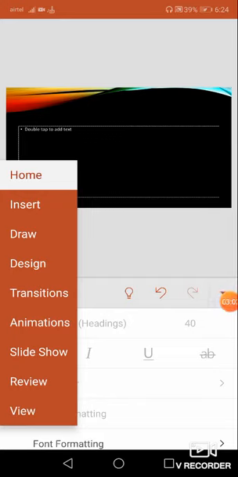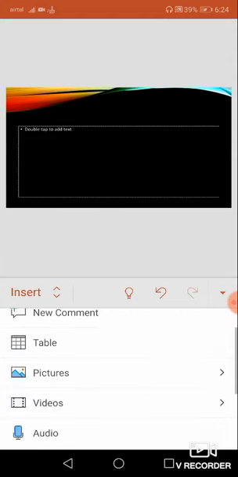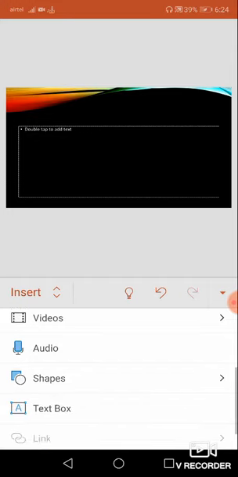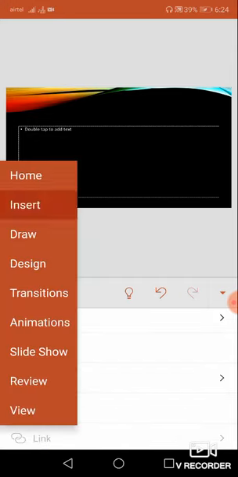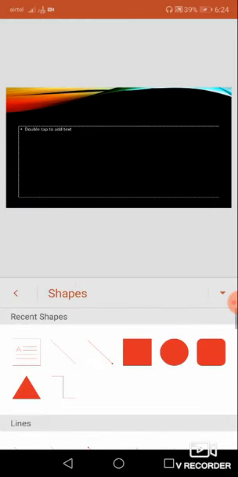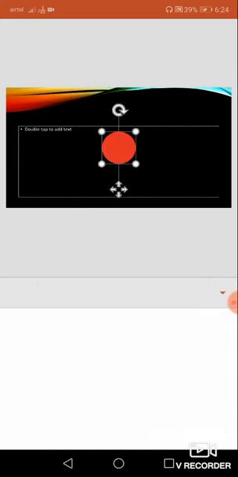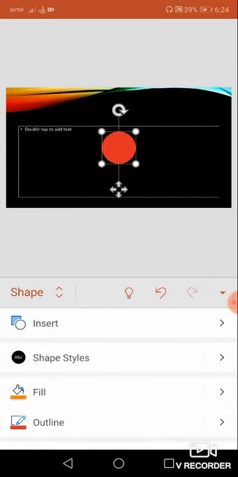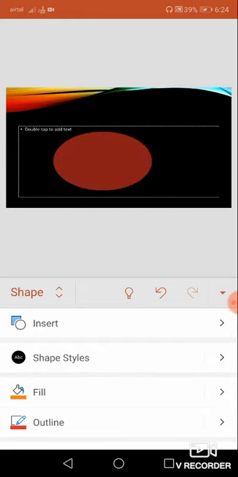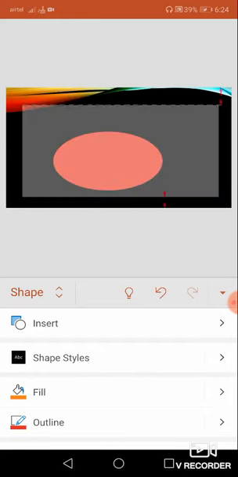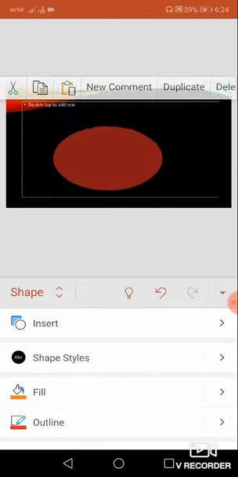So if you want to insert animation, you are going to click animation and then effects. And if you want to insert some shapes, if you want to draw some shapes on your particular slide, you can go for the insert option and then click shapes. Then you can start drawing your particular shape. If you want to draw a circle, you can just place it and draw with your hand itself. You can adjust the corners, and if you want to increase your box size, you can increase it.